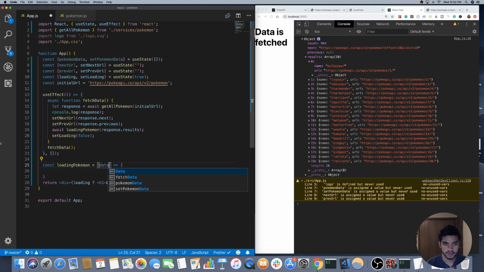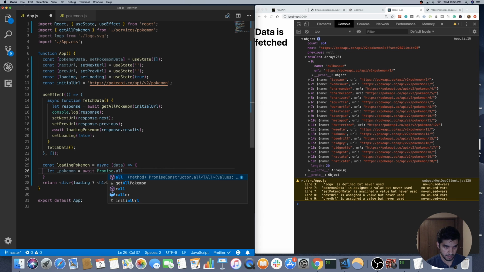Let's see, so it'll take in some data. This is actually going to be an async function as well, so we'll be doing some async await in here. And the next thing I'll do is create a variable, call it underscore Pokemon. This will be a local Pokemon array. And so now what I'm going to do is await